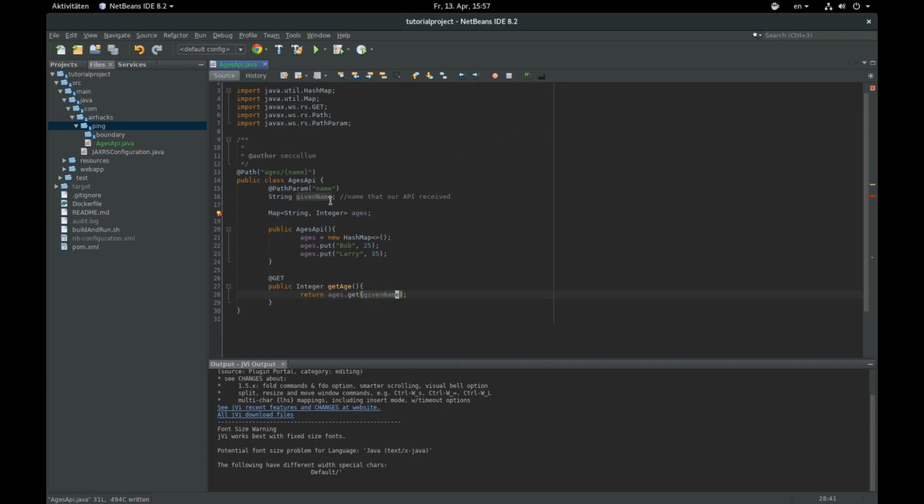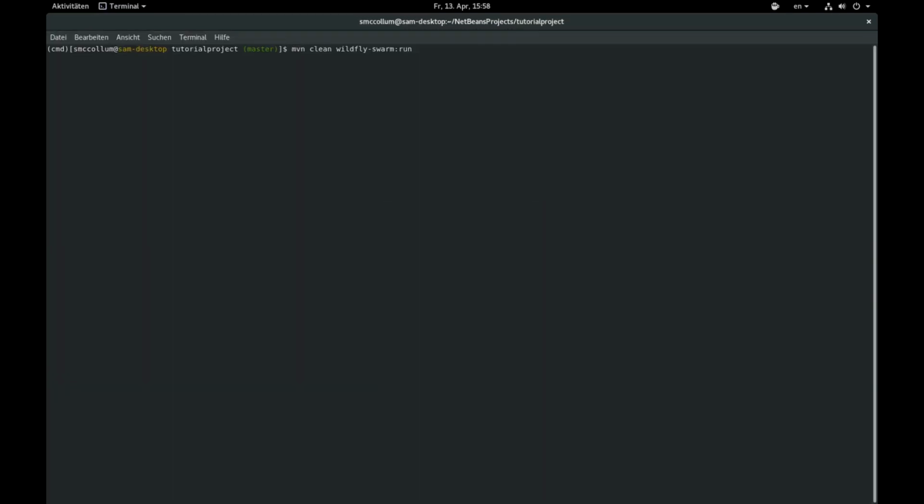And what this will do is it will look up whatever they put after the slash in our little map, and then it will return the integer value, or it will return null because that's the defined behavior of a map. So in order to actually check this behavior and run it, go to your terminal, run mvn clean wildfly-swarm:run,